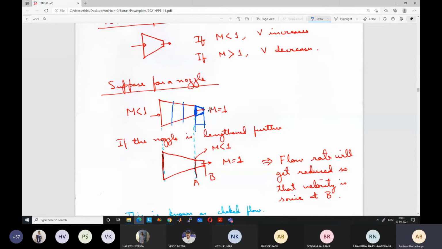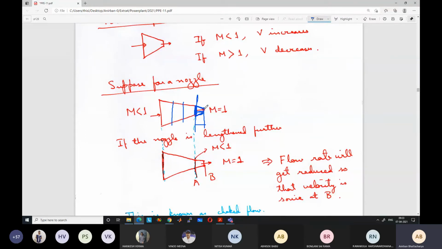Same thing will happen if you consider that it's supersonic. If the flow velocity has to increase here, like in a diffuser, the flow has to be supersonic. But if the velocity decreases, and here the velocity is Mach number 1, in this section the velocity will become less than Mach number 1, so ultimately it will become subsonic. Then the condition for a diffuser is not valid. So both conditions are not satisfied here. It cannot act like a diffuser, and it cannot act like a nozzle.